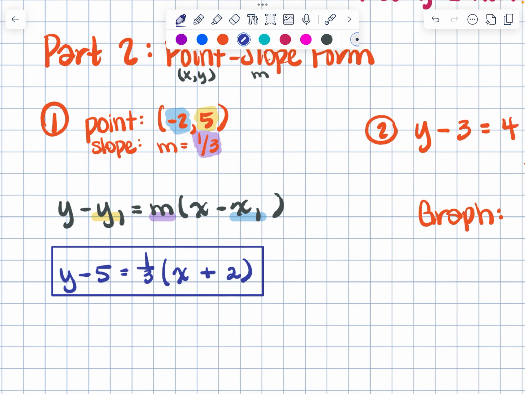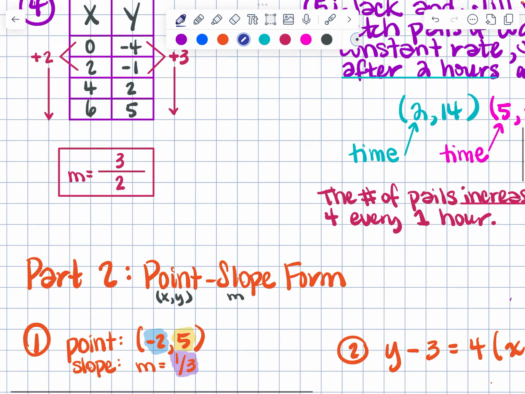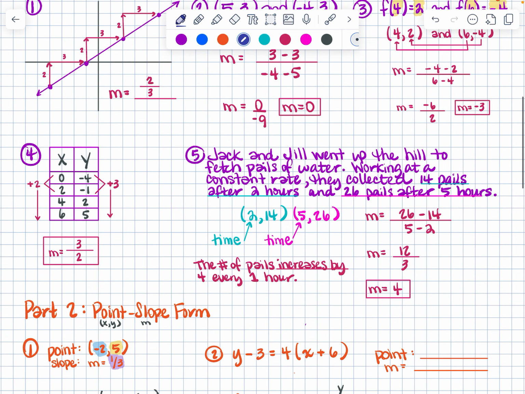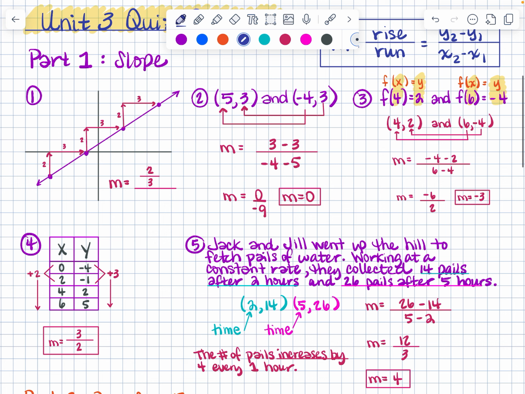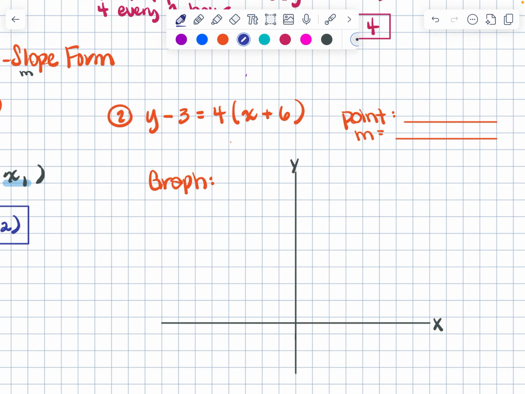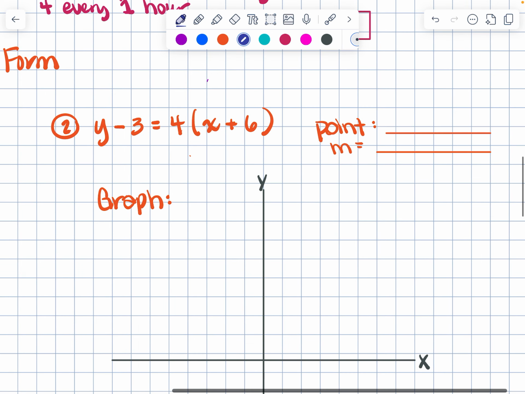All right, and then, so on your quiz, there'll be a few problems like that, right? You also might have, instead of me just giving you the point and the slope, questions from tables and 2 points, and basically all these questions we did up here with slope, you should now be able to take all of them to point slope form, right? All right, so the last question is going backwards. If I give you the point slope form, can you identify the point and the slope,